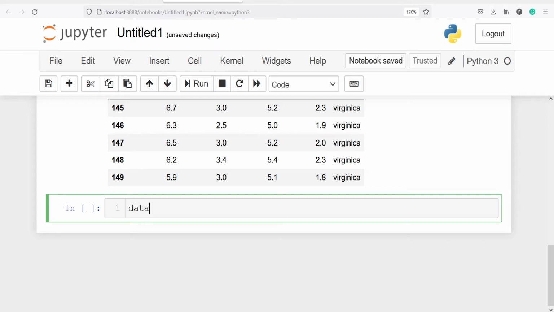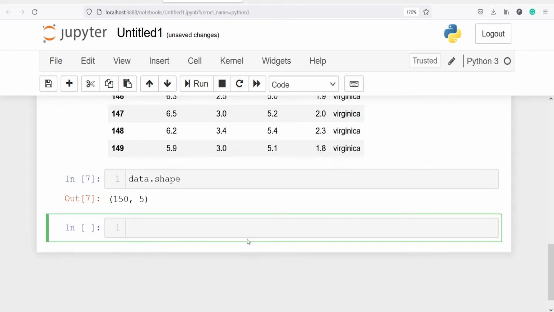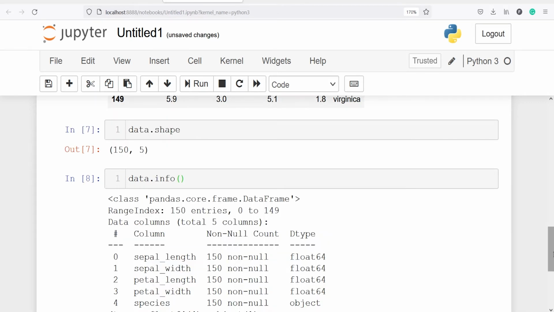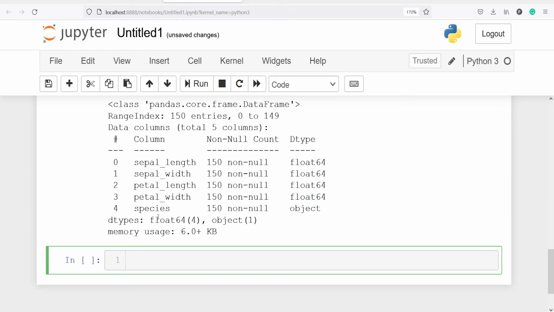Let's say we will check the shape, data.shape, and here you can see there are total 150 rows and 5 columns. We will write data.info to get more information about our data set. And here you will see we got information such as the column names, the non-null count, and the data type. We will get the descriptive statistics, and for that we will use the method describe.